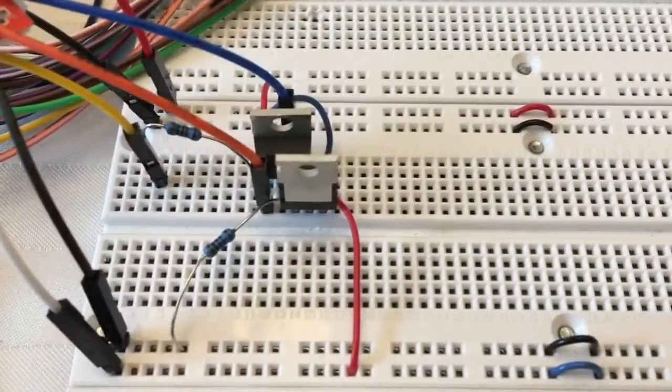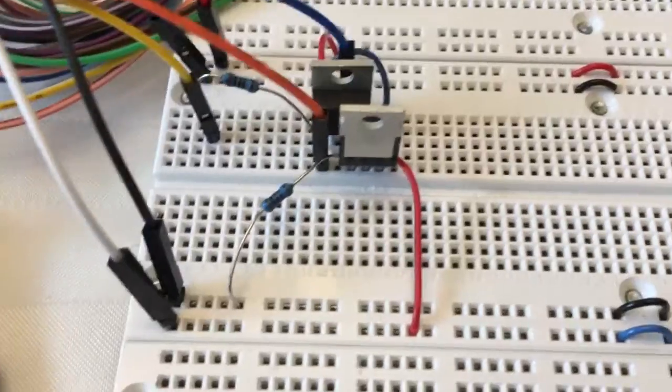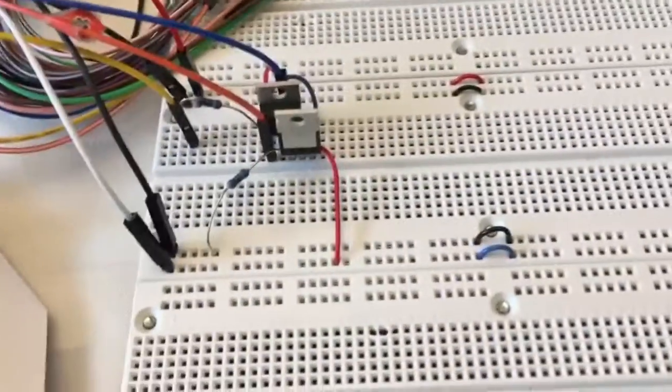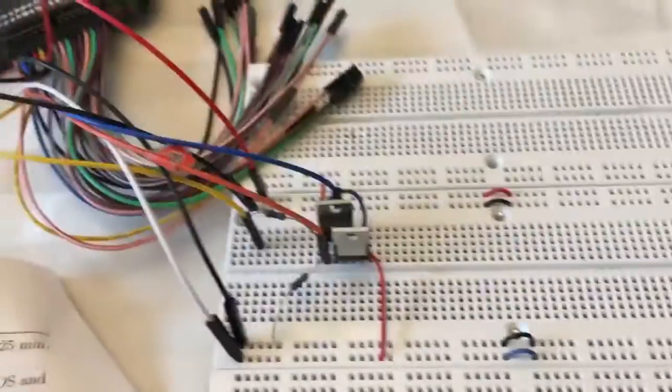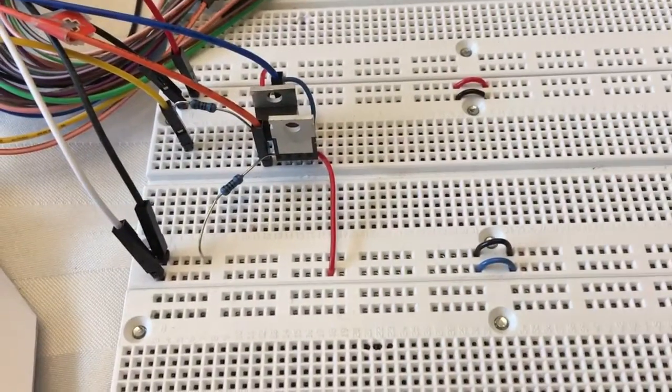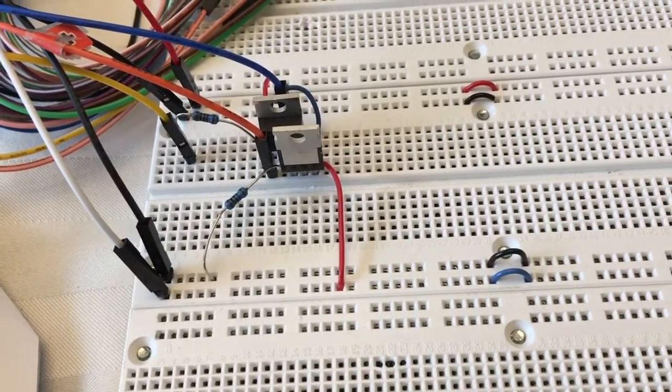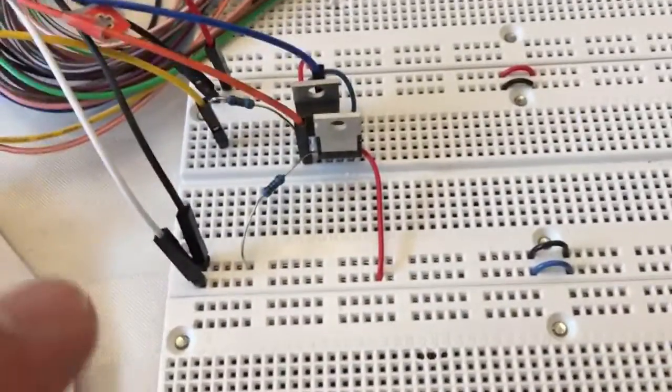That forms the output. You might wonder why I'm using as few wires as possible, because I'm cutting wires off of little 9-volt battery holders, because I actually shipped my last spool of breadboard wire to a student with a kit. So I have more breadboard wire arriving from Amazon on Friday also. Anyway,